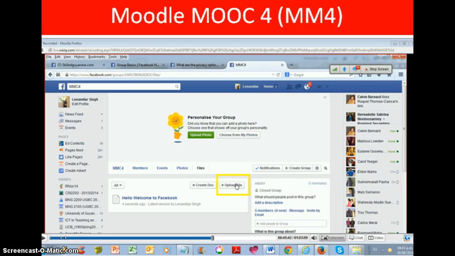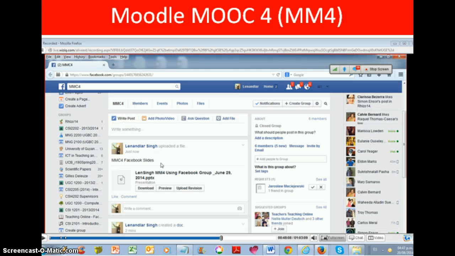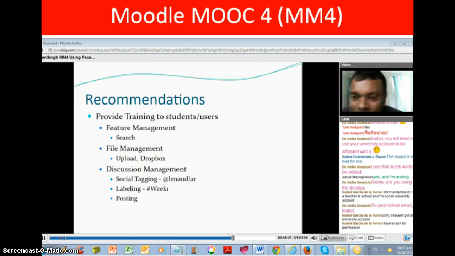From the Files tab of the group we can create a document or upload a file, which can be a document, an image, or a PPT presentation, for example. If you want to upload a file, it can be done from your hard disk or Dropbox service. Here is a PowerPoint presentation. Here you can see how the presentation will look in the news area of the group. He finally returned to give recommendations about the management of the group and asked if there were more questions.